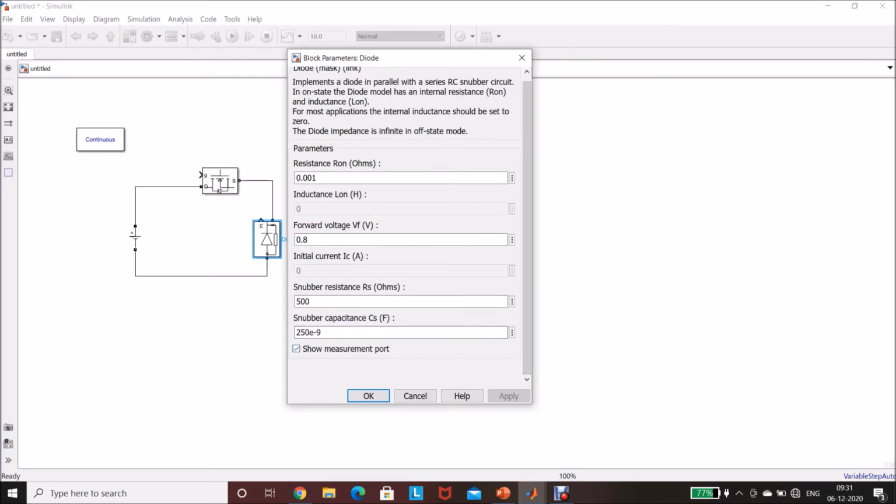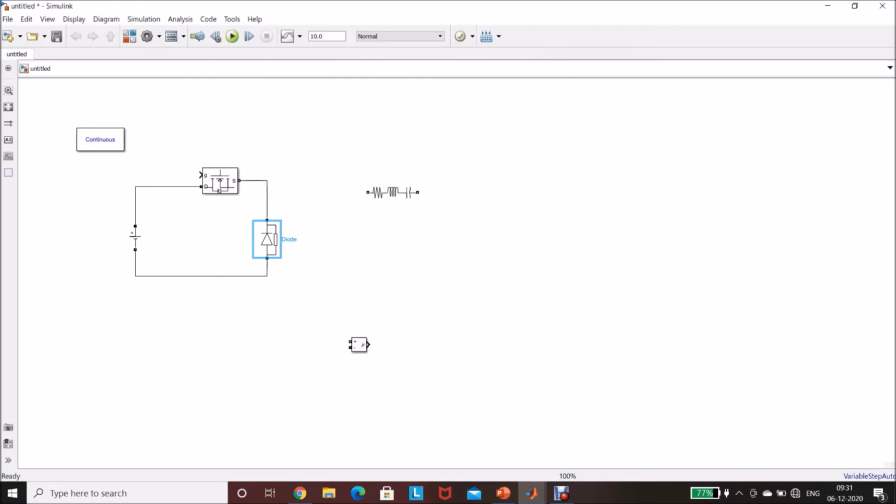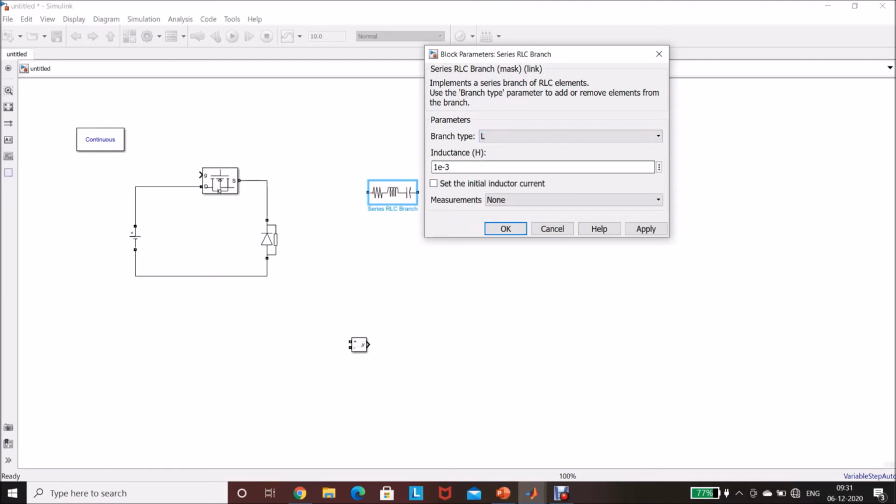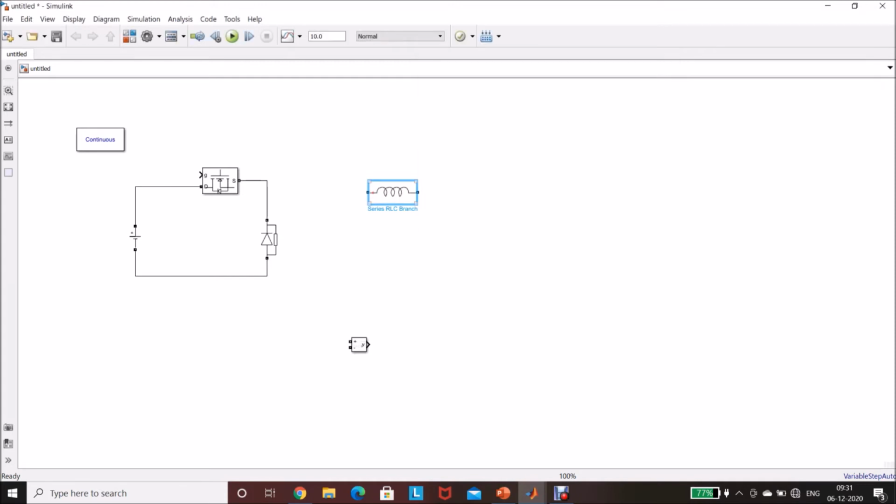So unselect this, click OK. So double click this, select L, inductor. Inductor value of 12.15 microhenry. Click OK. Rename it as L.